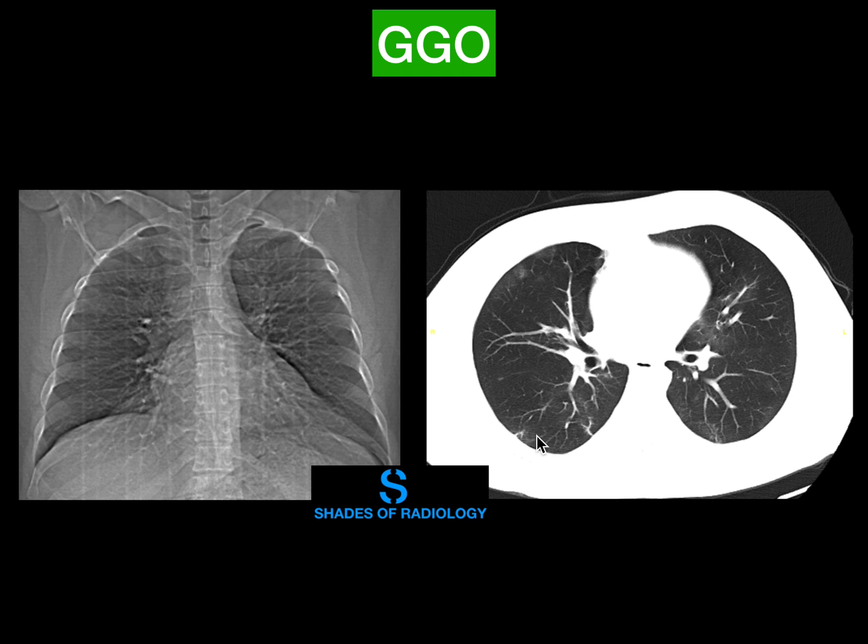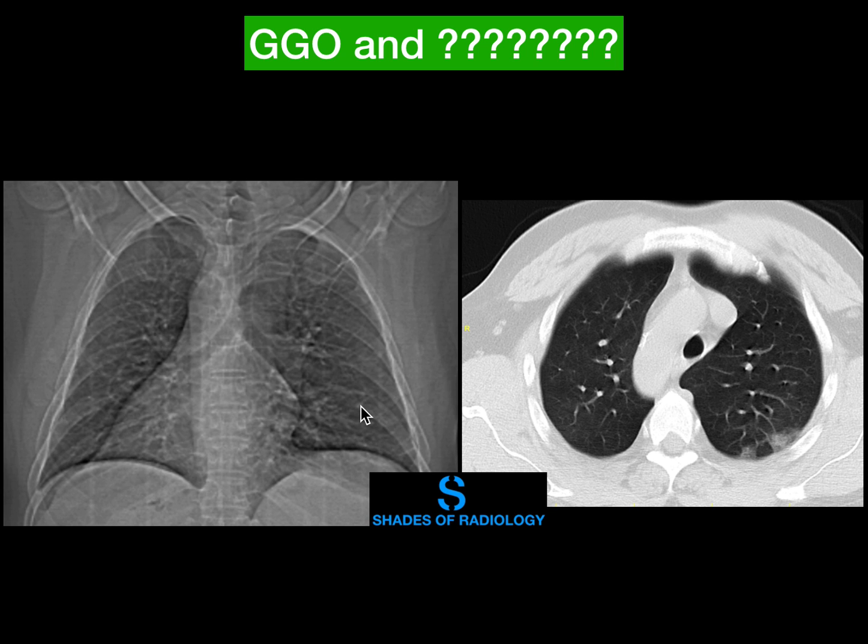Coming to the classic ground glass opacities, you can see they are peripherally located, bilateral and symmetrical, and along the posterior aspect as well. This is the classic ground glass opacity, and you can see the topogram is completely normal. And you can see again a classic case of ground glass opacity.